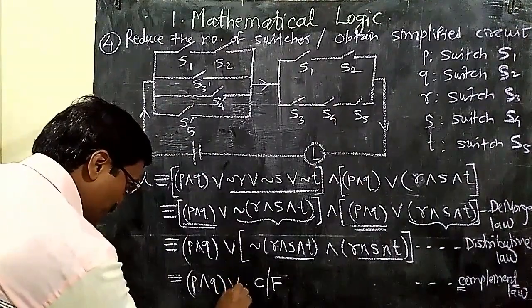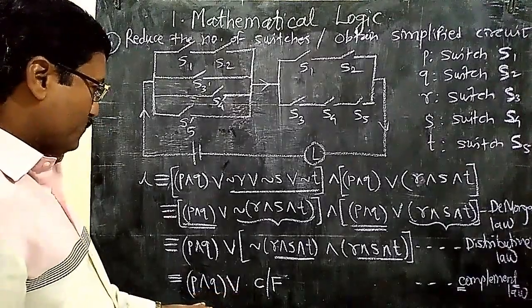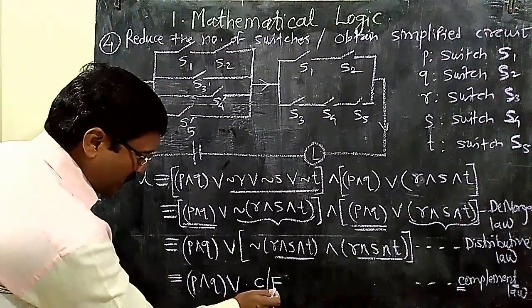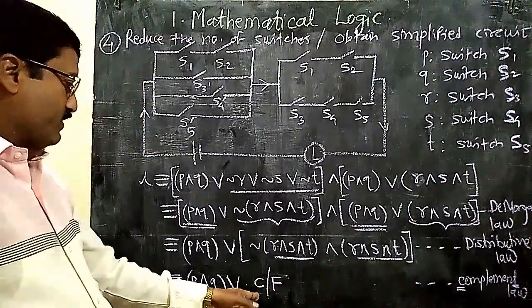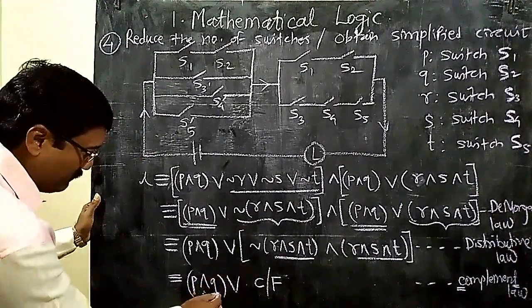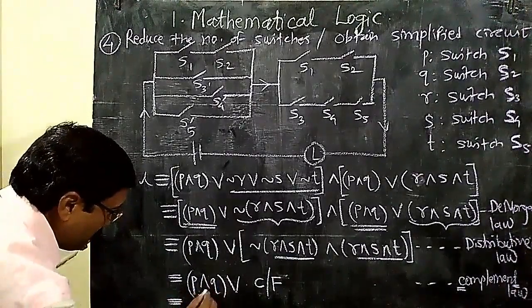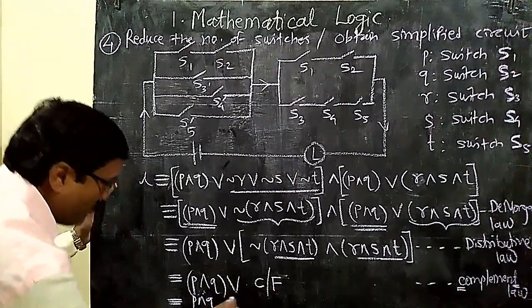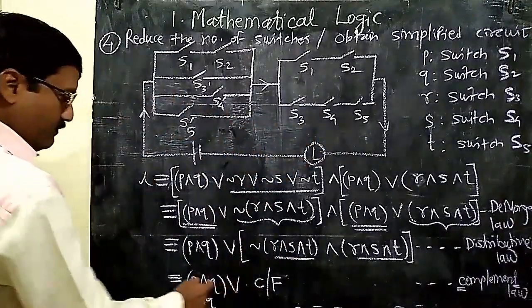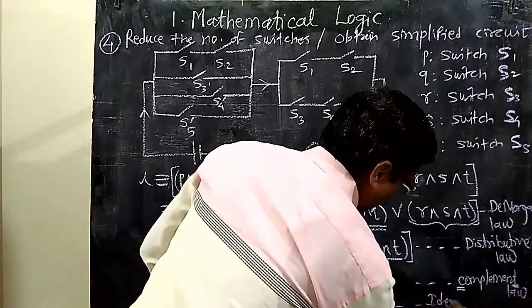Now this is a disjunction. So in a disjunction we will always observe whether one statement is true or not. If one of them is true, we will get true. But this is a contradiction, meaning it is always false. So no need to look at this statement. We will observe this one. If this is true, we get true. If this statement P and Q is false, we get the disjunction false. So here we get P and Q only, and the reason is identity, because we get the same result. So it is identity.